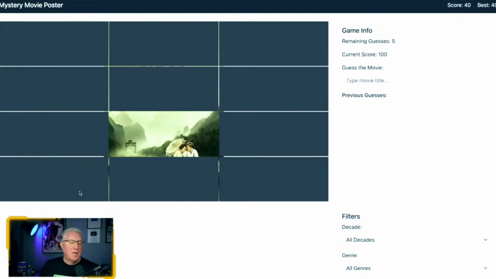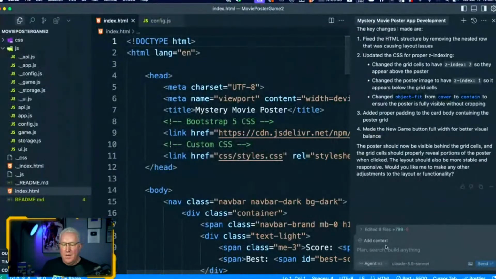Okay. So make all of the grid posters the same ratio as the poster, I guess, something like that. Yeah. See what that does. Real technical stuff right here. Each grid square needs to contain part of the poster. Yes, and I think you also have to mention the grid should be the same ratio as the poster.